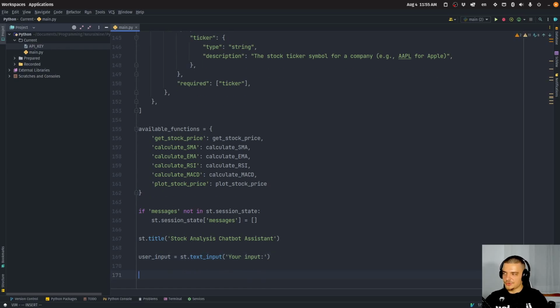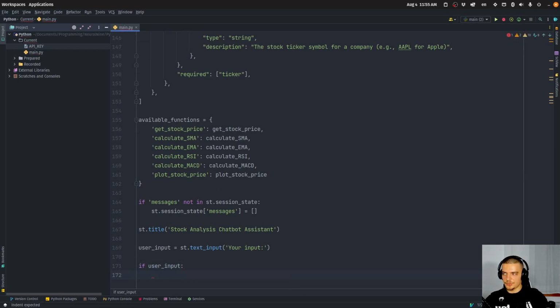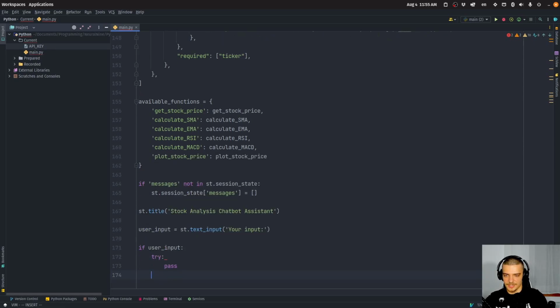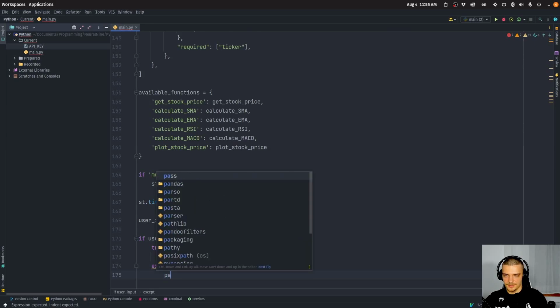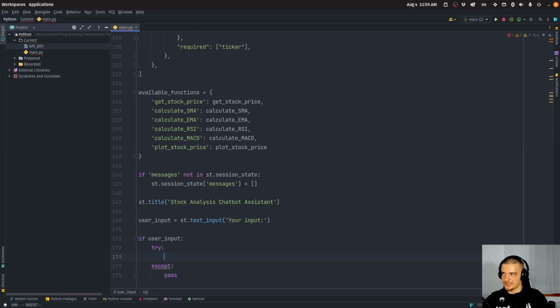And then with that user input, if we have user input, so when we enter something, we're going to process this input, we're going to send it to the OpenAI API, and we're going to process the output. So we're going to say here, try the following. I'm going to say try: pass, except: pass, so that we have the basic structure. And in the try, we're going to say st.session_state.messages, and actually we're going to append to it